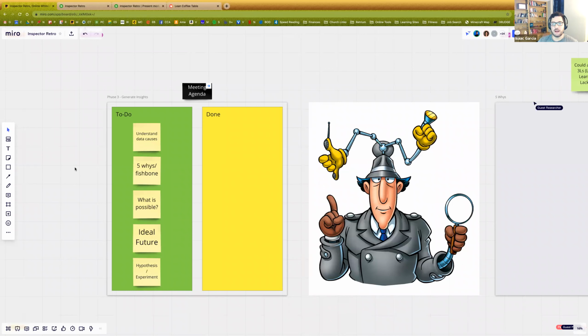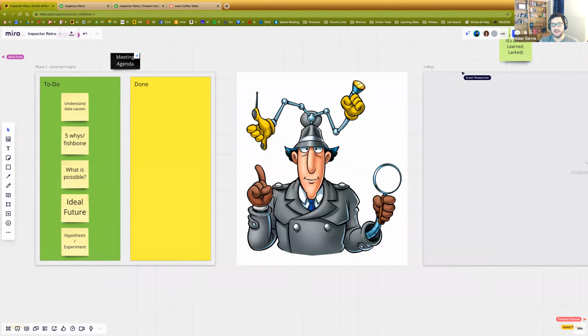Okay, let me go through phase 3, and I'll pick up the pace a little bit because I want to save at least 5 minutes for Q&A. So I'll pick up the pace just a touch here. I'll just touch on these. Here's our Inspector Gadget. Look at him. He's ready to generate some insights. We've talked about things we should talk about. The last section was helping us pivot our view and look at things that we think we should talk about.